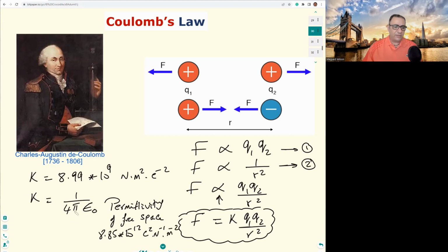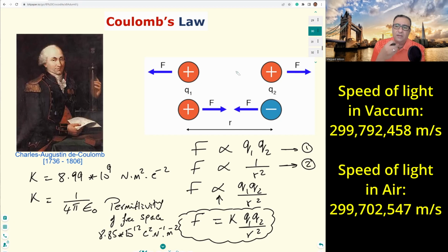So if you plug in this formula here, 1 over 4 pi epsilon naught, and you plug this number there, you will get this value here to 3 significant figures, 8.99, and this is the value we are using in the data booklet. But again, this is only in case the medium is vacuum or air. There is a slight difference between air and vacuum, but for practical use, we are going to assume they are